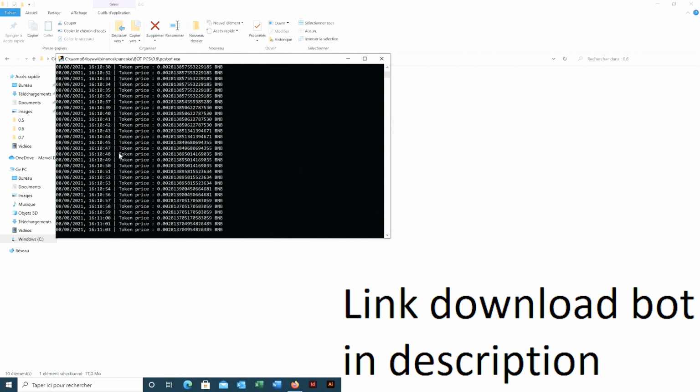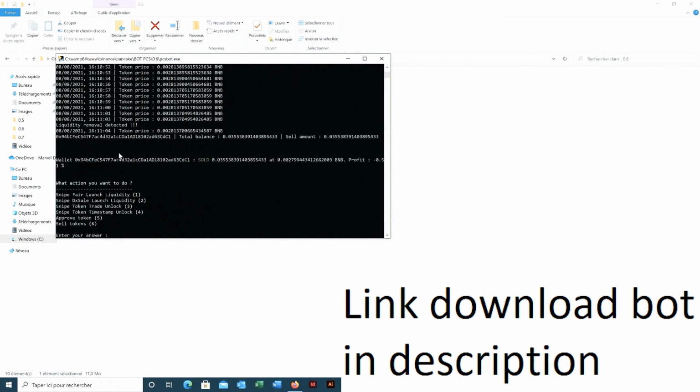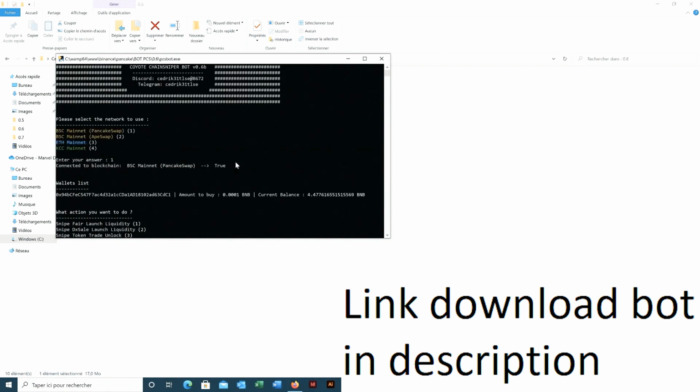I know this token always has people adding and removing liquidity all the time, so we won't have to wait long. Wow, just now. Liquidity removal detected, and the bot already tried to sell the tokens. So that's it. We sold the tokens before the liquidity was removed, because the bot will use more gas, so your transaction will happen before the liquidity removal. I hope this video will help you, and if you have any question, you can find